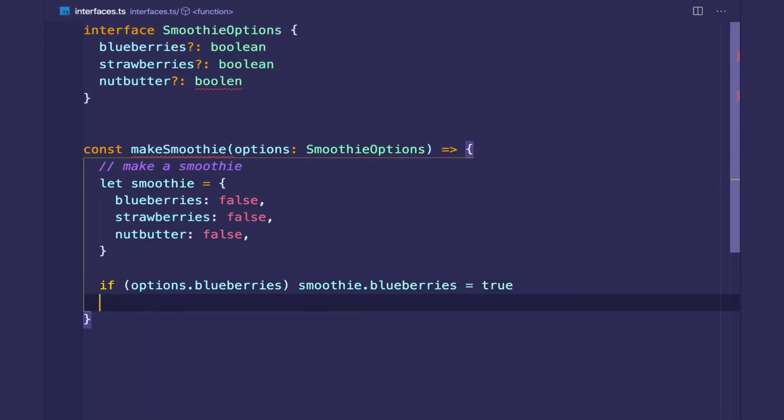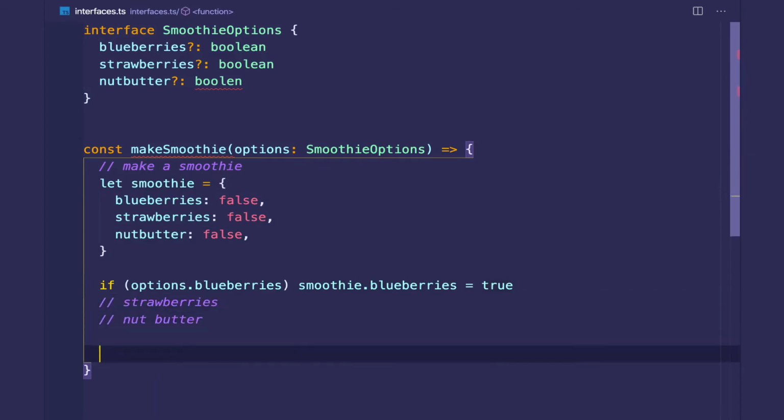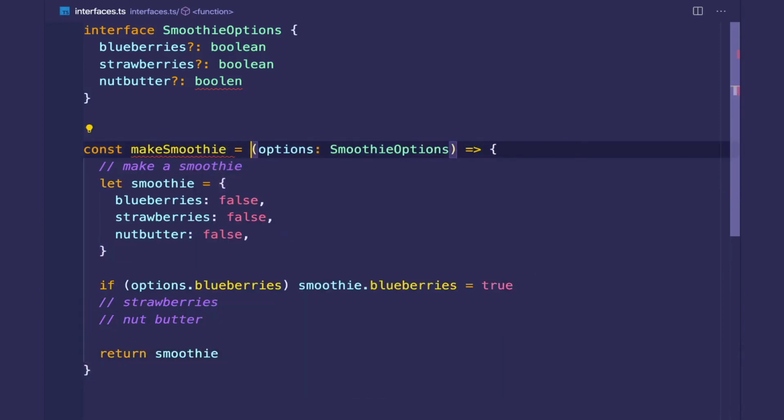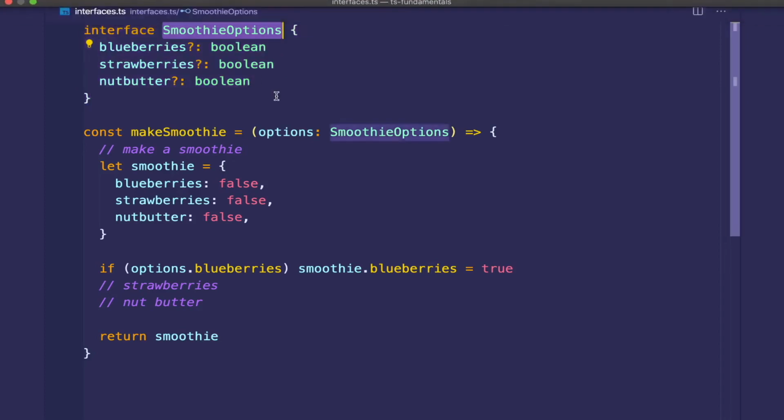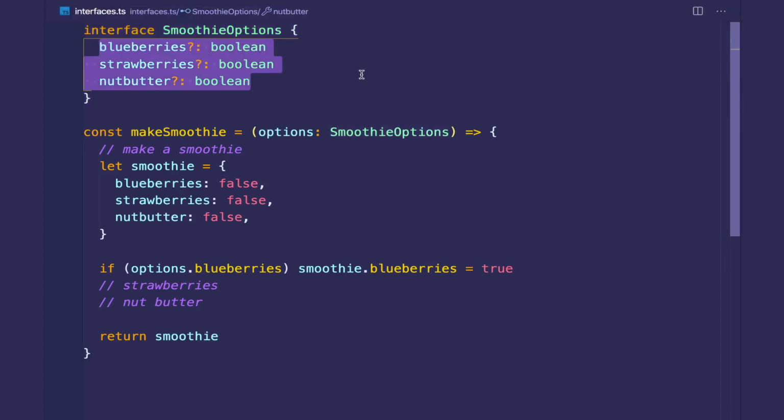And I do the same thing for strawberries and nut butter. And then I return the smoothie. There, boolean. We call types that are similar to smoothie options, where all of the properties are optional,